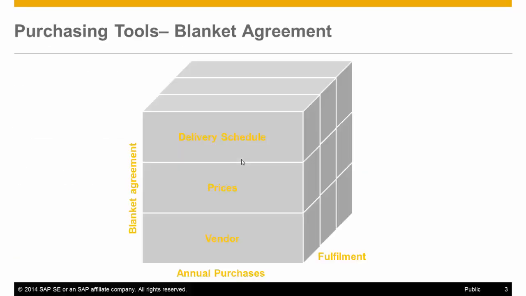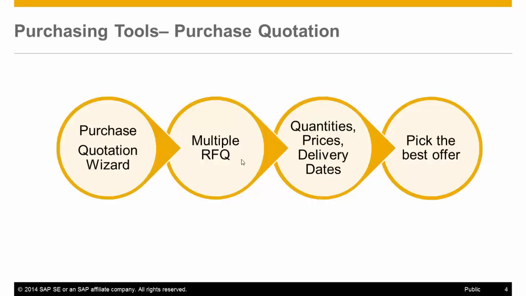With SAP Business One Blanket Agreement, you can plan your purchases for the entire year, including delivery schedule, and set prices with your vendor, and then you are able to keep track of fulfillment level at any point in time. For purchase of new items, use the Purchase Quotation Wizard tool, which allows you to send multiple quotations to your vendors, requesting proposals for quantities, prices, and delivery dates, and based on their replies, select the proposal that best fits